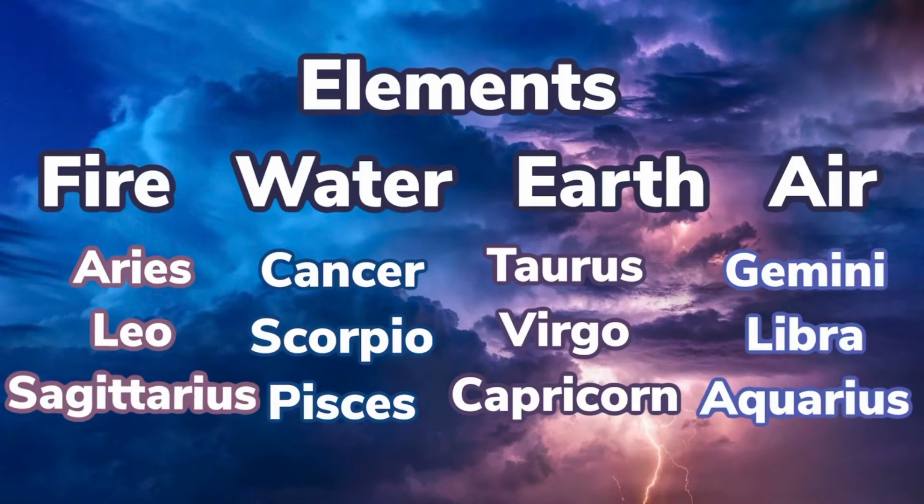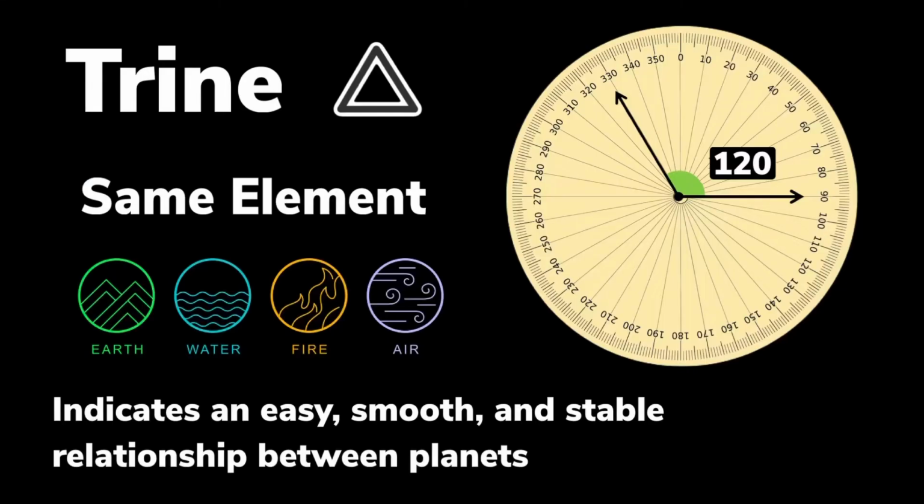For fire, you have Aries, Leo, Sagittarius. For earth, you have Virgo, Capricorn, and Taurus. And then for air, you have Aquarius, Gemini, and Libra. So when two planets are in trine with one another, they have this relationship. It's because the energies that both of the planets are in are in the same element. So they kind of just understand each other